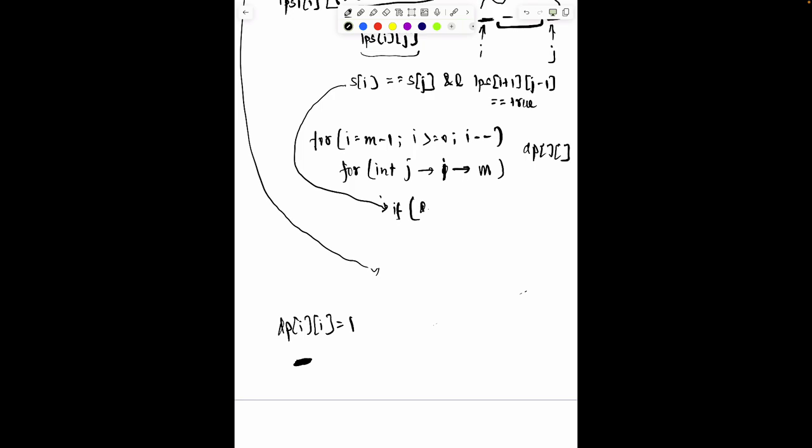If S of I equals S of J, and either J minus I is less than 2, so only two characters are there and they match, so that means they are a palindrome, or DP of I plus 1, J minus 1 is a palindrome. If this is true, in this case you would say DP of I and J is true,